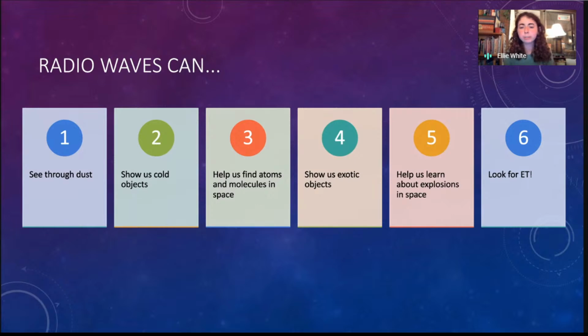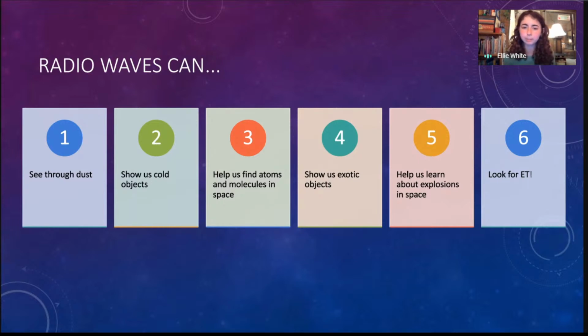Radio waves also let us study exotic objects like pulsars, which are the dead remnants of stars. They also let us discover weird, cool objects called fast radio bursts, which we still don't know exactly what they are.